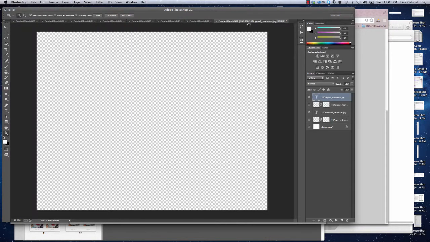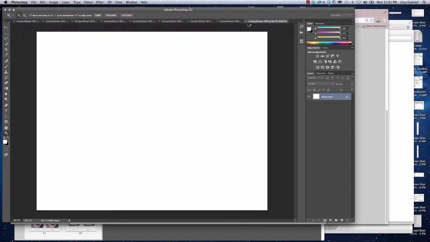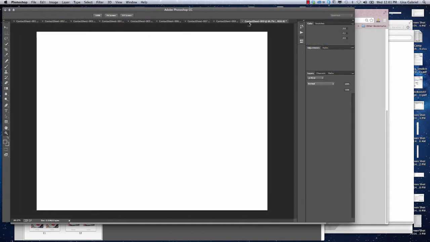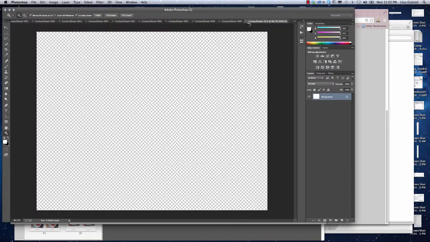Awkward moments of silence. Okay, we'll just listen to the fan on my computer for one more contact sheet. Okay, there we go. Contact sheet number 10 is creating,